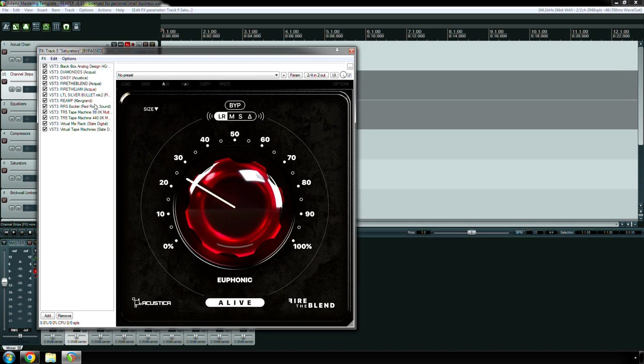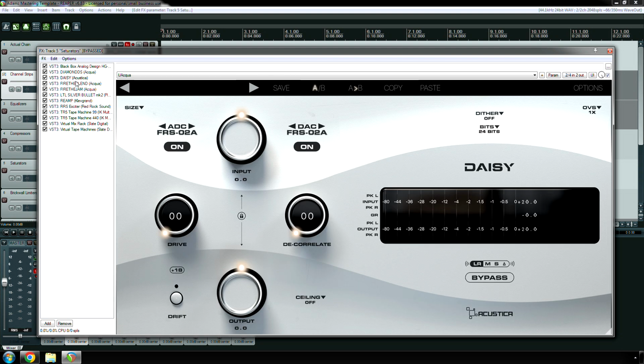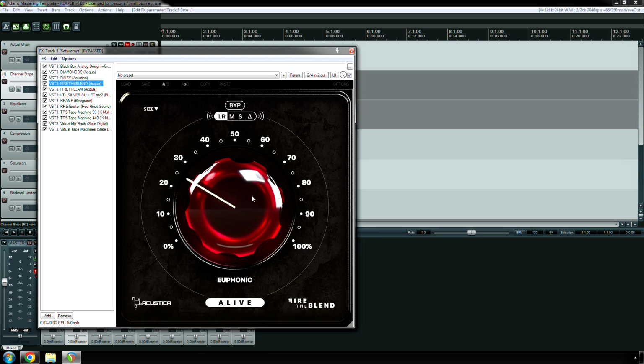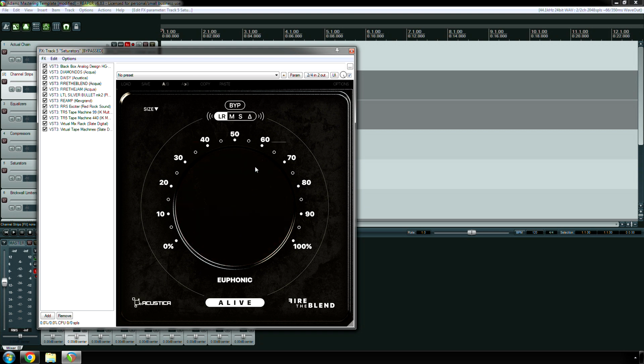Fire the Blend. This is based off of Wine. It comes with Wine, actually. Not the drink, but the plugin, WINE. But anyway, the euphonic control. Similar to Daisy, I would say. It just does something to audio that makes it sound better. I don't understand why. It doesn't matter. There's something about this. I don't know why it's doing that, but